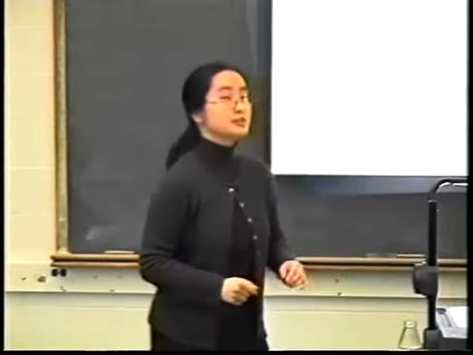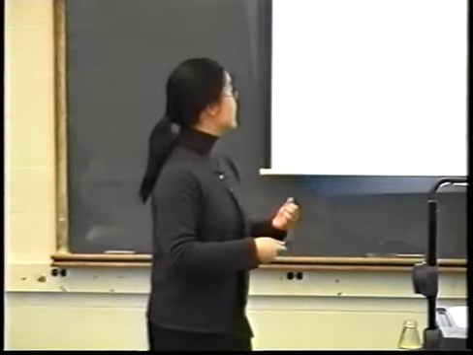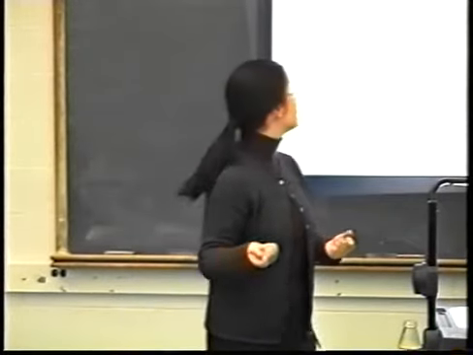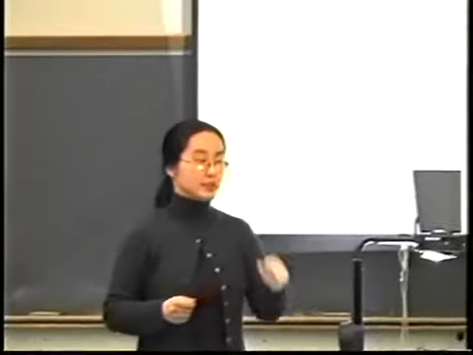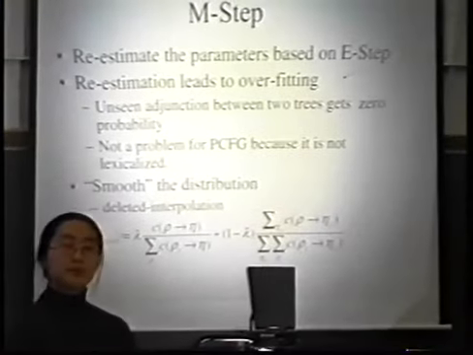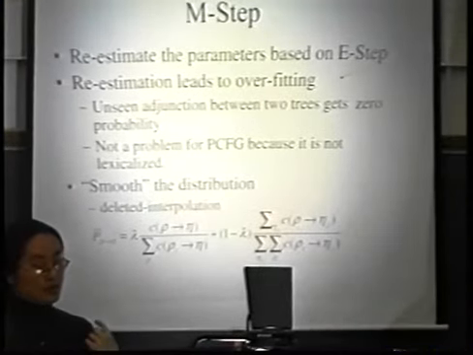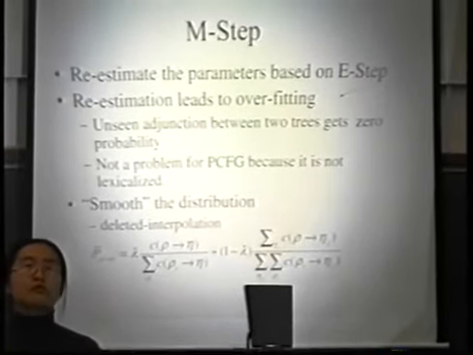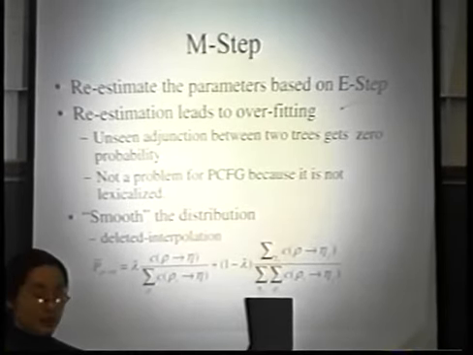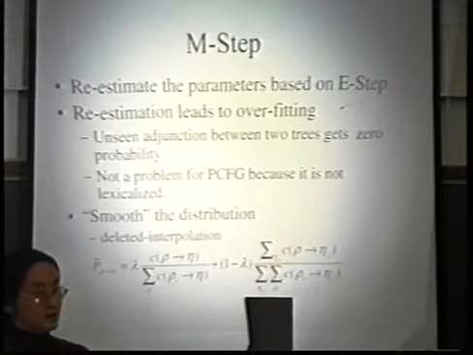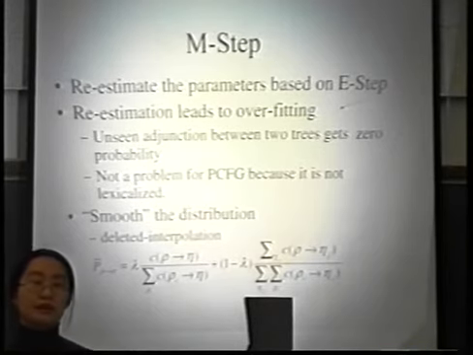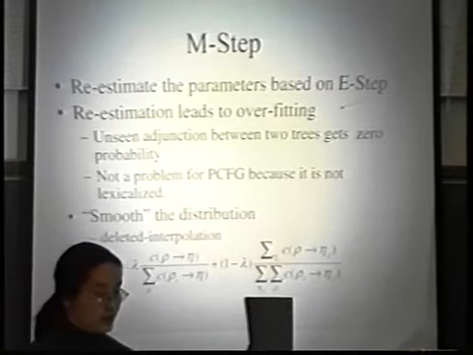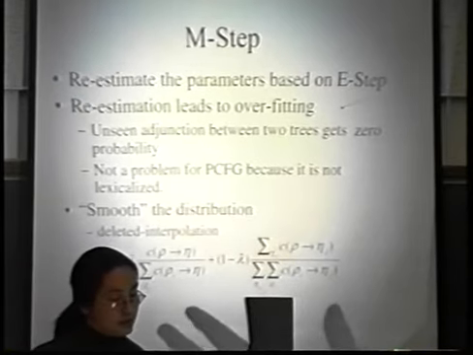So on the maximization step, we will re-estimate the parameters based on the E step, with the caveat that we need to do some form of smoothing because we don't want to train the grammar to overfit to the training data. So we need a way to deal with cases where we haven't seen an adjunction between two trees, not to assign it a zero probability. So we use deleted interpolation,